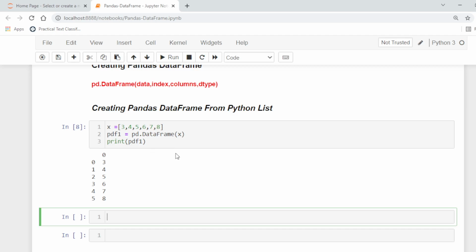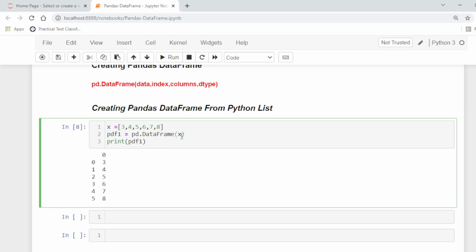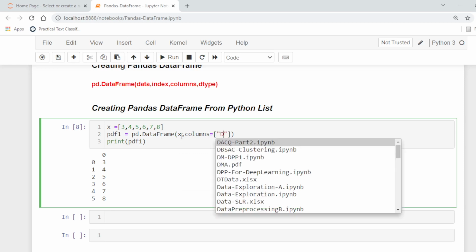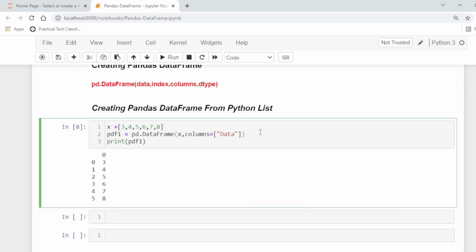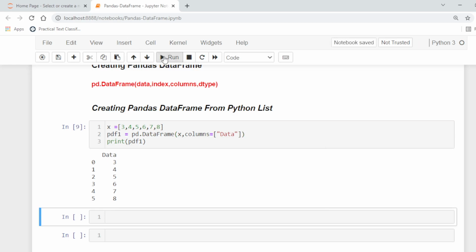If we want to specify the column heading, we can use the columns argument, columns is equal to, for example, data. So now the column is labeled with data. Similarly, we can specify index numbers other than these.